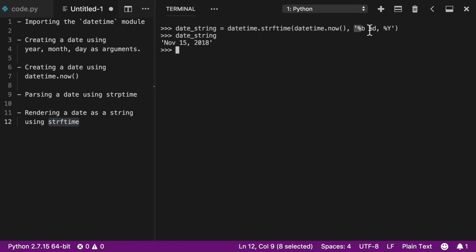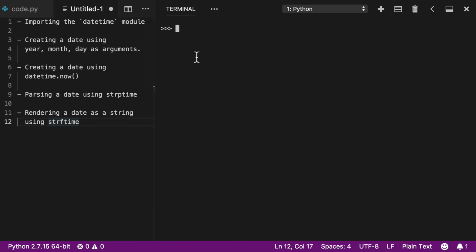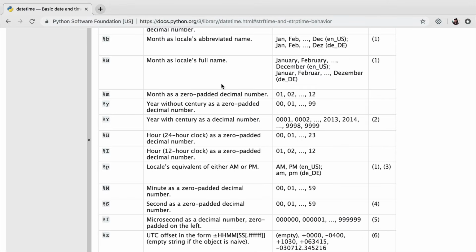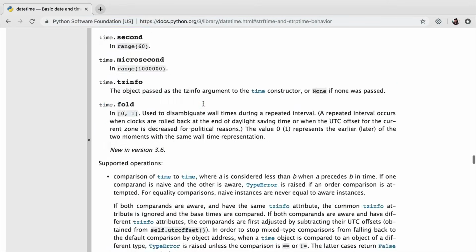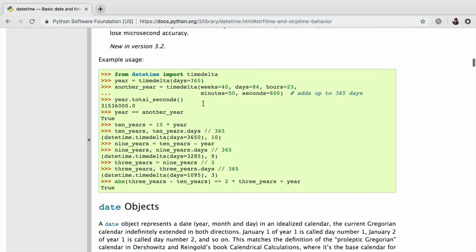But the main concept is the same, which is we're describing what we want it to look like. So strptime and strftime are really useful, and you'll be using them a lot if you're working with dates in Python. So that's just a quick introduction into how to use them. Covers most of the main points. Obviously, there's a lot that you can get into. If you come over here on these docs, you'll notice this is just a ton of stuff and a ton of cool stuff to read and to get into.